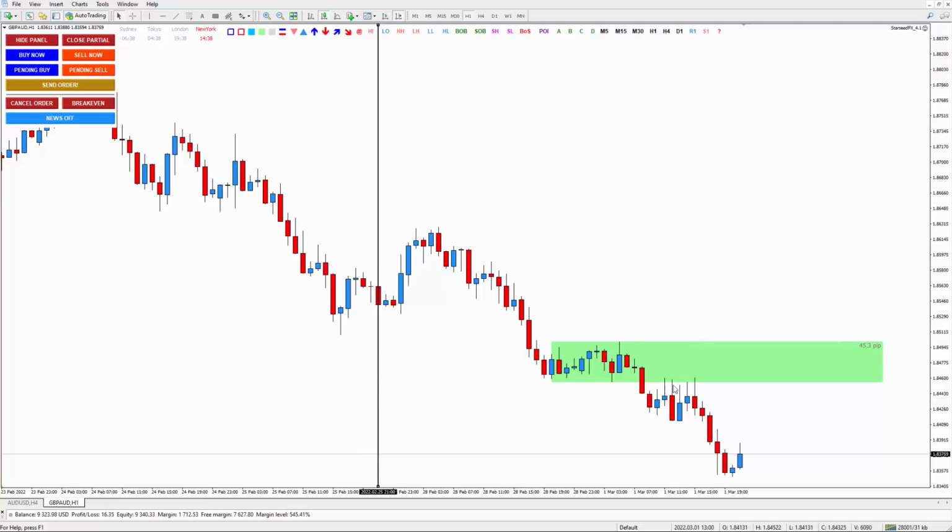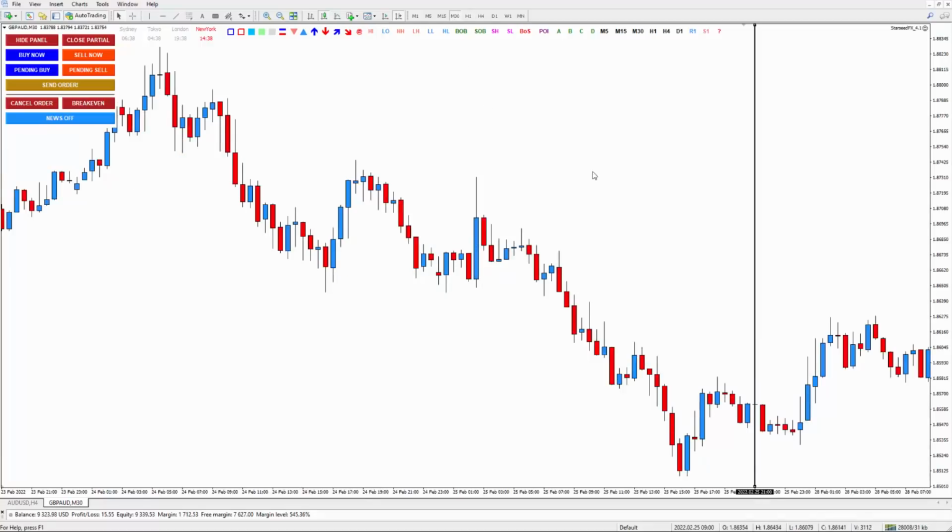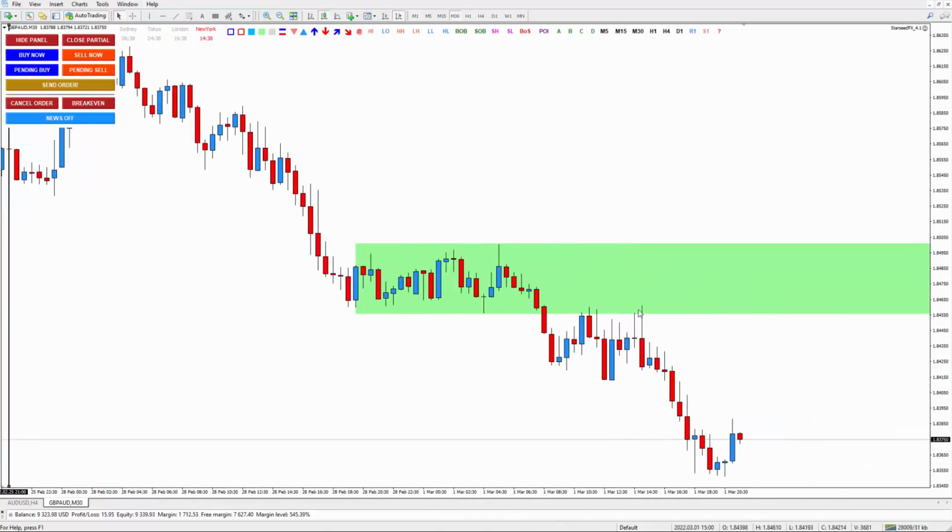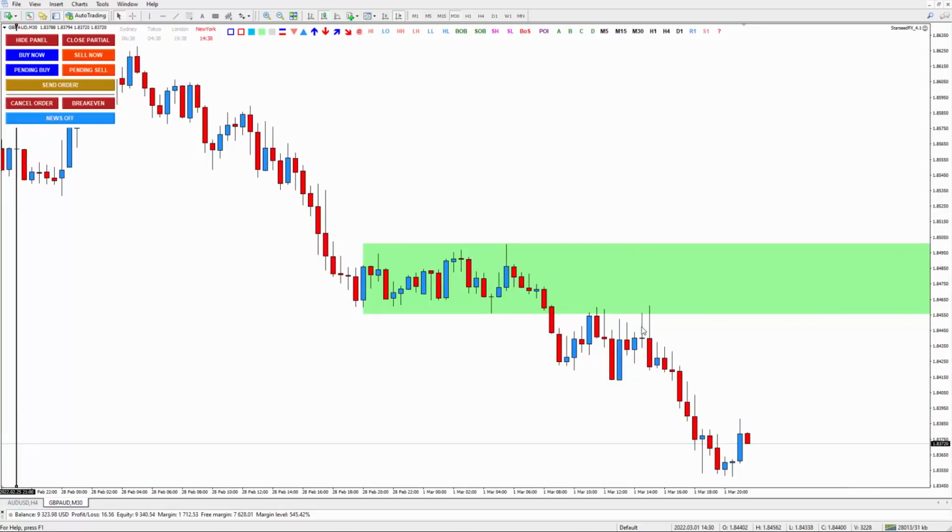Now here, this is the first touch and this is the second touch and this is the third touch, right? 1, 2, 3. Let's go again. If you want to see, here's also the same. 1, 2, 3. Correct? If you decided that this is 1, 2, 3, it means you will start looking for a trade on this candle, right?